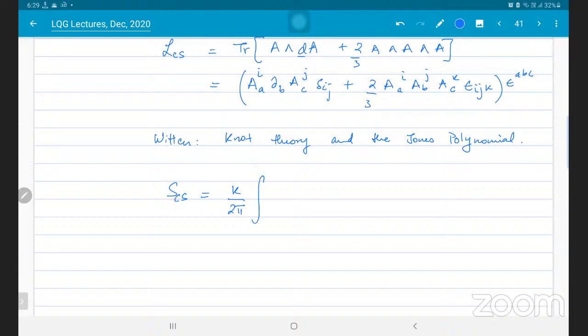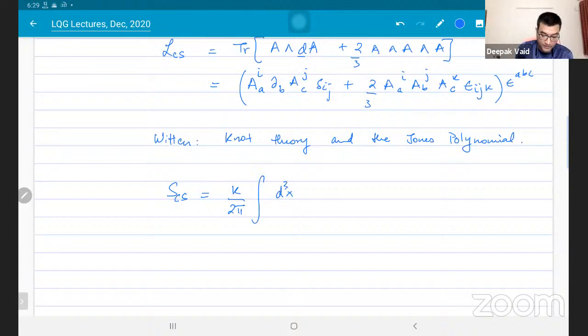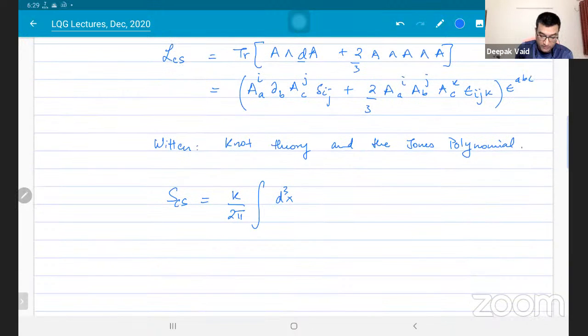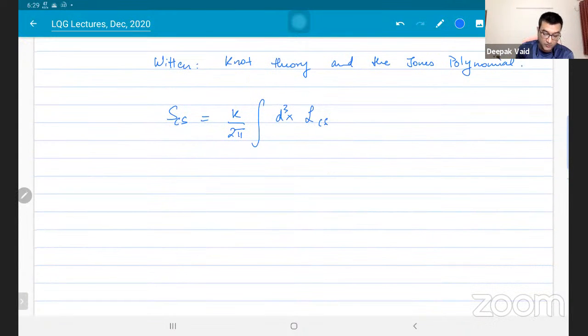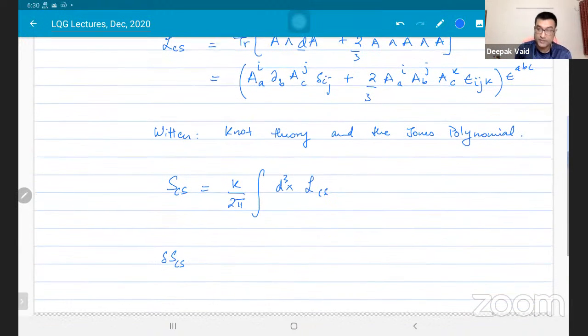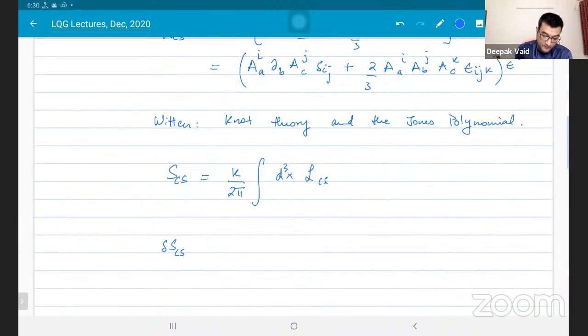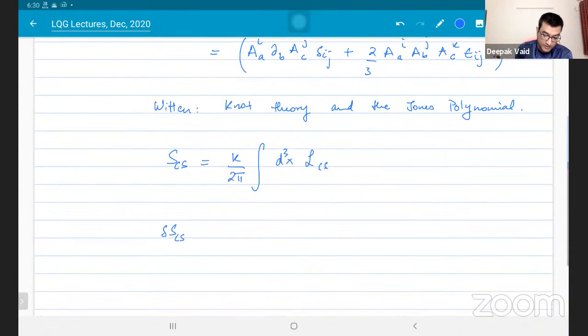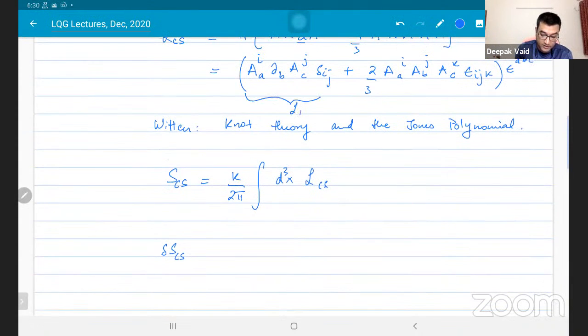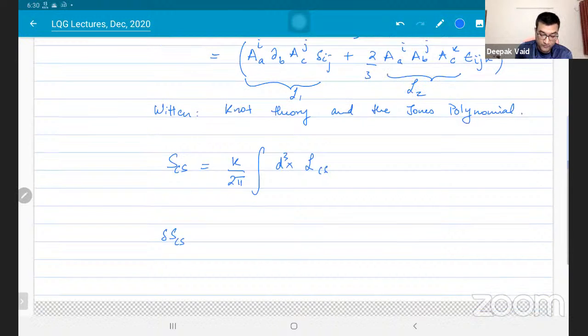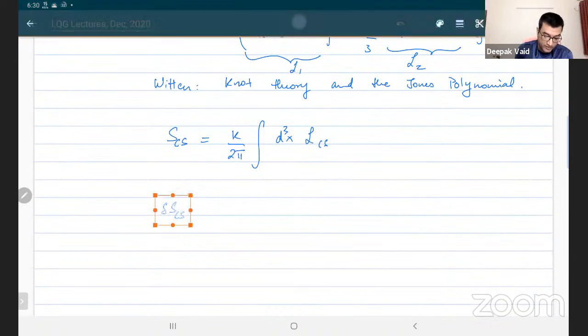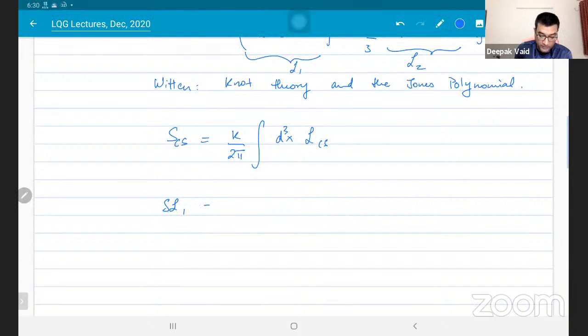So the Chern-Simons action looks like this: d cubed x, and then you have this Chern-Simons term. Now, if we perform a variation of this, it only depends on the connection, right? And if you perform a variation, let me call the first term L1 and the second L2, and again I'll be schematic about it. Okay, so I look at the variation of the first